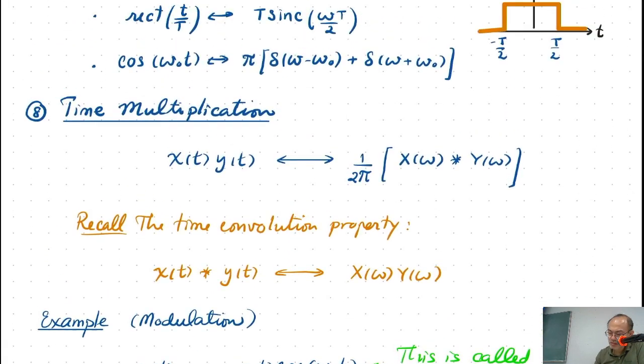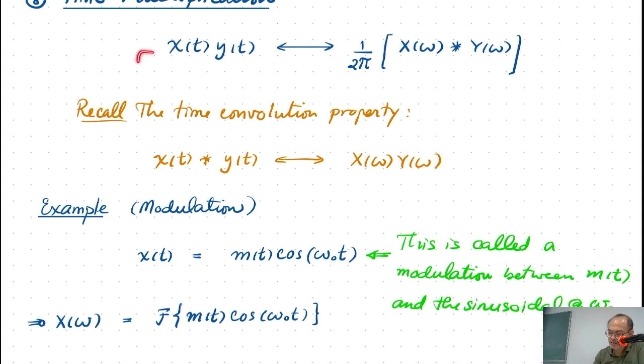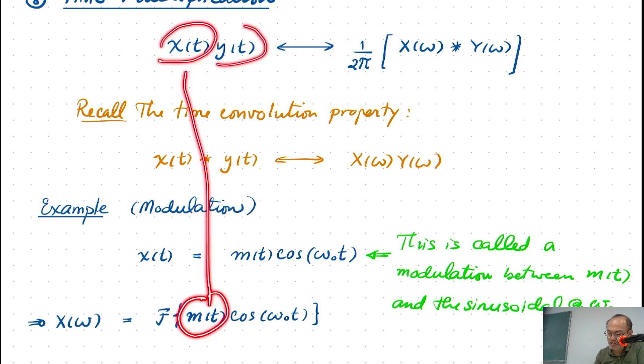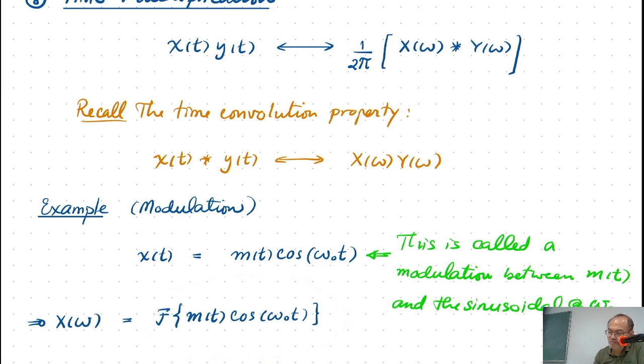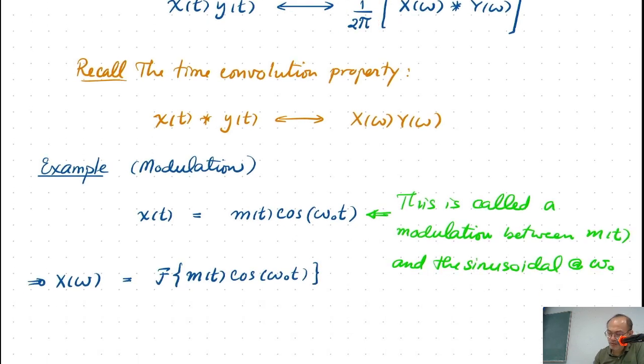Now we can use the time multiplication property here, where x is the signal m and y is the cosine signal. We multiply them and then take the Fourier transform. That means the right-hand side will be 1 over 2 pi, the spectrum of m convolved with the spectrum of cosine. So let's write that down. It's going to be 1 over 2 pi, the spectrum of m, which we call M of omega, convolved with